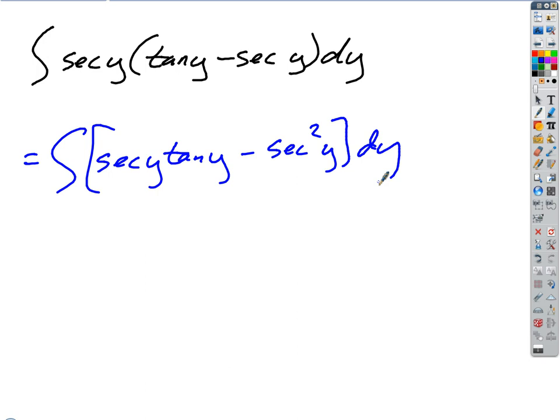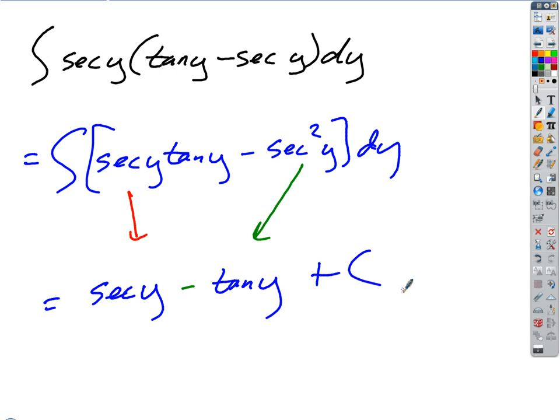I know that this one goes to which solution? Secant y. And this one goes to what solution? Yeah, minus, not tangent squared. Tangent, remember, derivative of tangent is secant squared. Plus some constant, right? So the secant y tangent y goes to secant. Well, the antiderivative of that does, doesn't it? Yeah. Right? Okay. And that's just one of our rules. Is there a rule for secant y minus